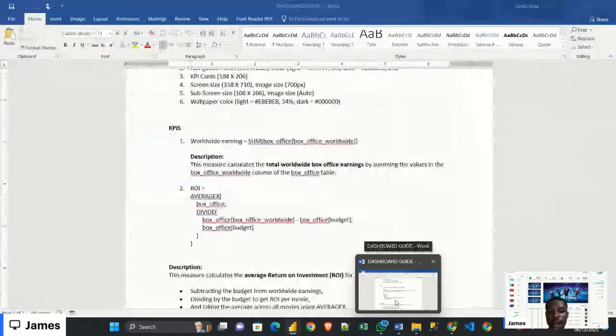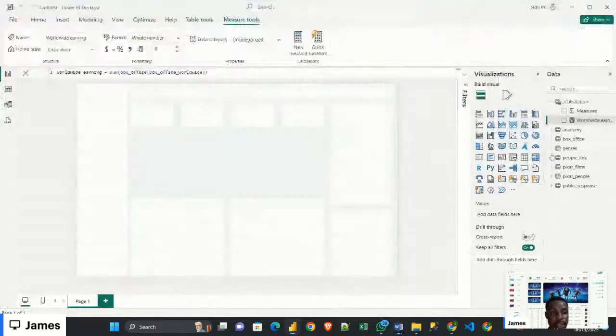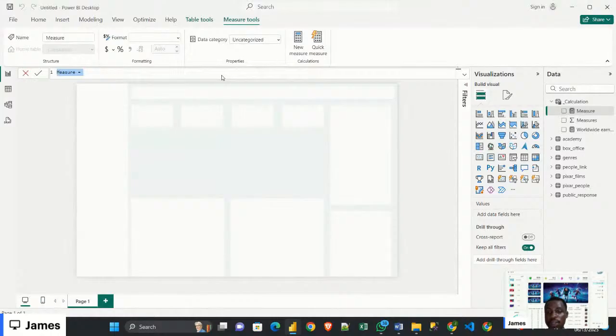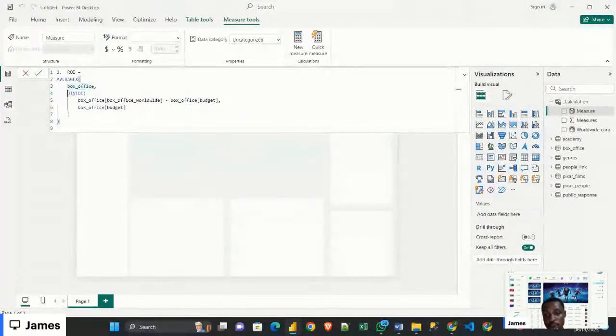I have the ROI, so I can copy it from here. Let me just copy from here. Let me save time. All right, click new measure. So just understand what you're looking for, understand your KPI. We have return on investment. This is correct, right? Because I've created it before. So I'm using average X, right? And the table is a box of X. So we use the divide function also to divide them, worldwide minus the